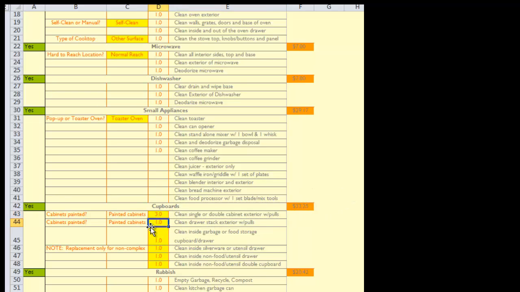Same thing with a drawer stack. An entire drawer stack from bottom to top, especially on the exterior, is counted as the same level of cleaning as, say, a double cupboard. But you can see if we change that to 0, it changed the price. Let's see here. Inside,